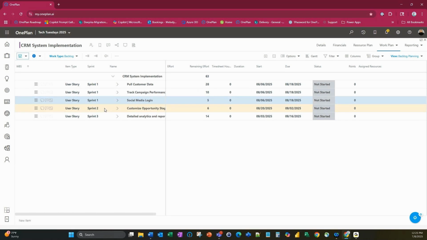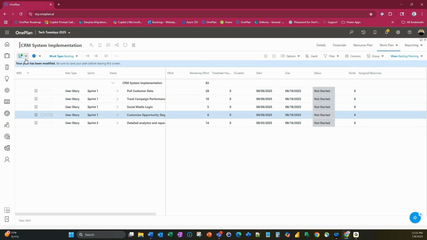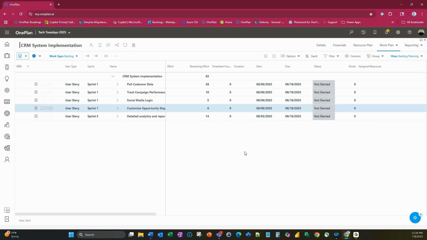If I go ahead and select this one as well, and I'm going to pull that one into sprint one, and then I can go ahead and save. The system would automatically update that. So now I know that I have roughly, if I'm doing my math correctly, 49 hours of work in the sprint, which still gives me a lot more hours that I can work with here within the system.